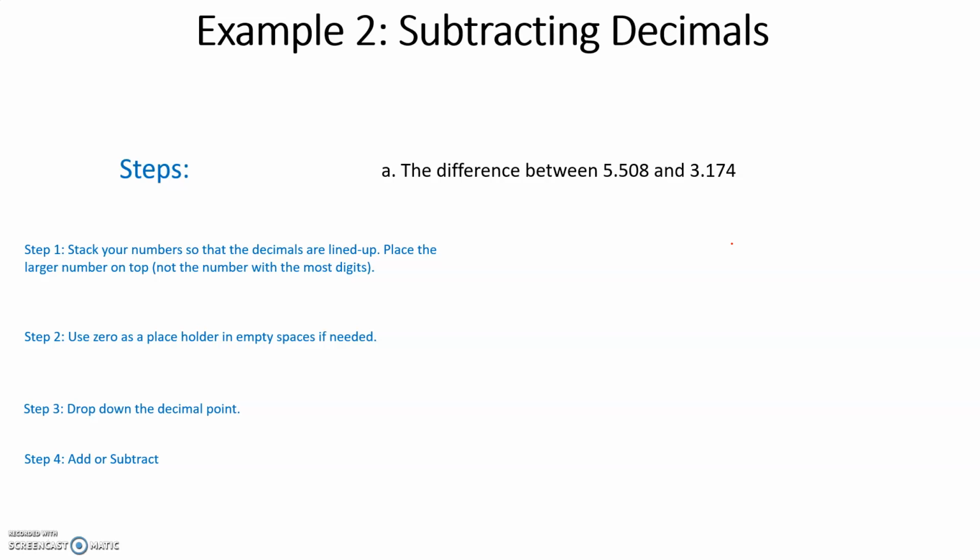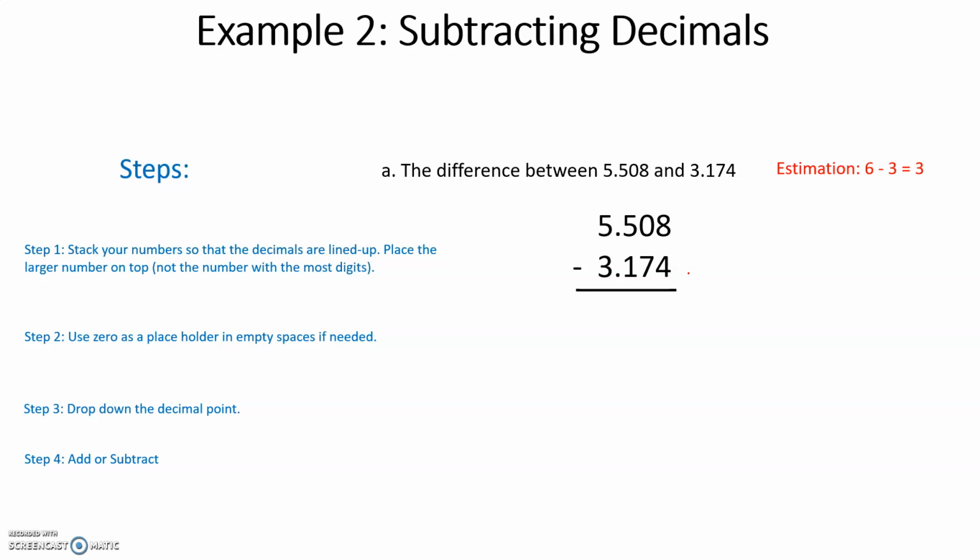Now we're going to do an example of subtracting decimals. The difference between 5 and 508 thousandths and 3 and 174 thousandths. I'm going to stack them just like I did addition. So estimate: I round that to 6, that to 3, 6 minus 3 is 3. Line them up,